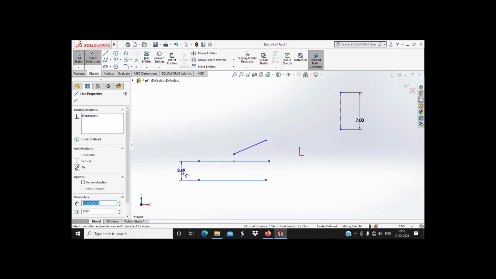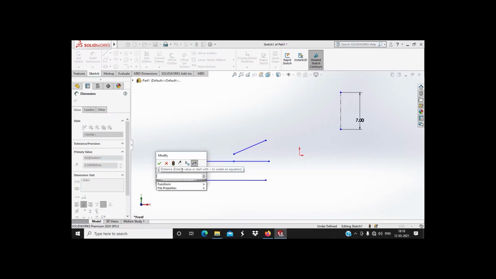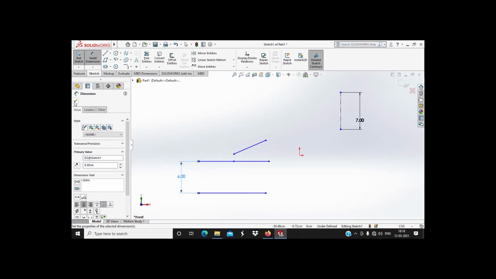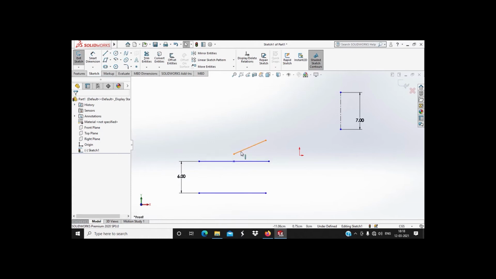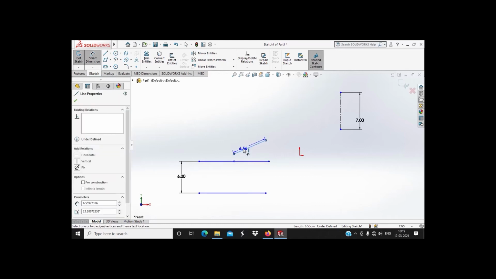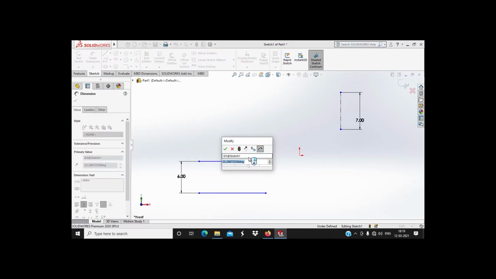Here we can see the distance and we can change it. Next, if we want to know the angle between this line and this line, click first on this line and click on this line. This is the angle. If you want, we can change it.